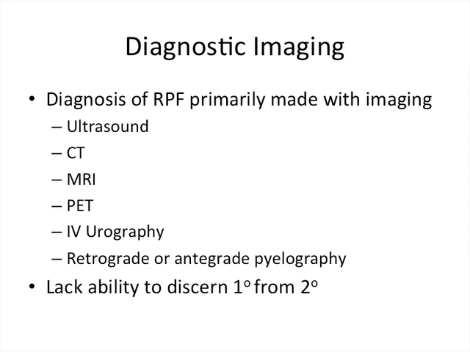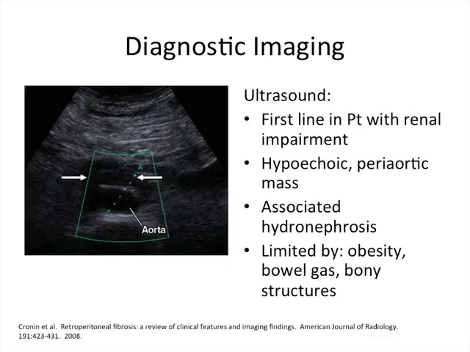The diagnosis of RPF primarily centers on radiologic investigation, and there's a number of investigations one can perform. Again, these lack the power to discern primary from secondary causes, but this is the primary method of diagnosis. Ultrasound is typically the first-line investigation done in patients who are presenting with renal impairment. This will demonstrate, as seen in the diagram, a hypoechoic periaortic mass, which is between the arrows there, and there may be associated hydronephrosis. Of course, the exam can be limited by a number of factors, including obesity, bony structures,